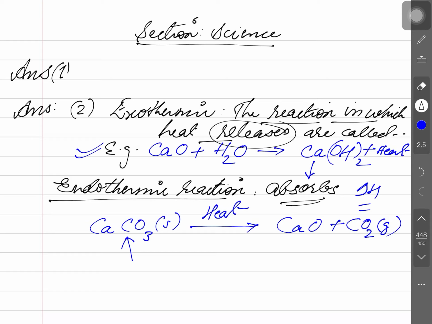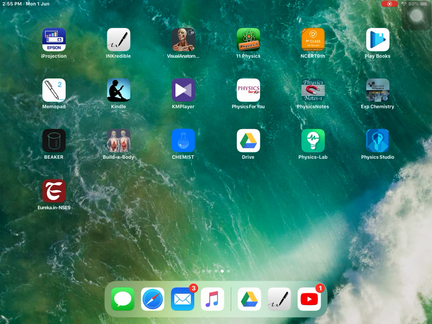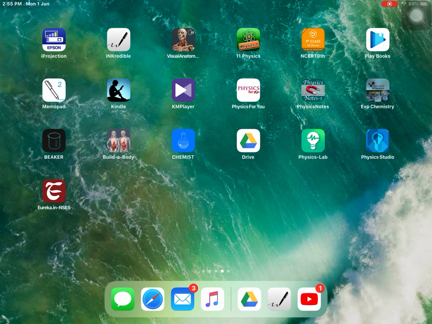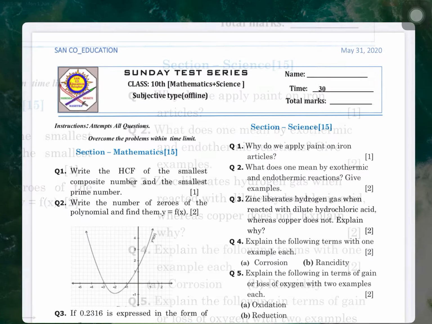This is not a very hard rule, but remember it, according to your chemistry course. Blindly you can write that carbon dioxide is being released. Most of the time this is true. Clear? So what is the next question?